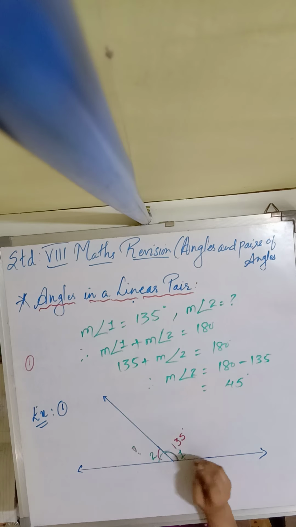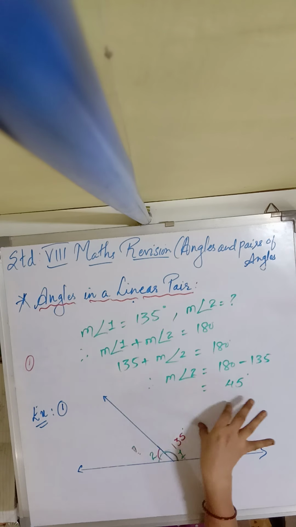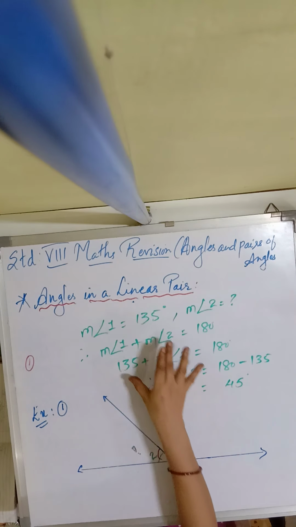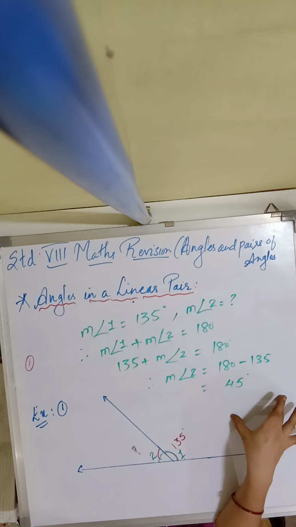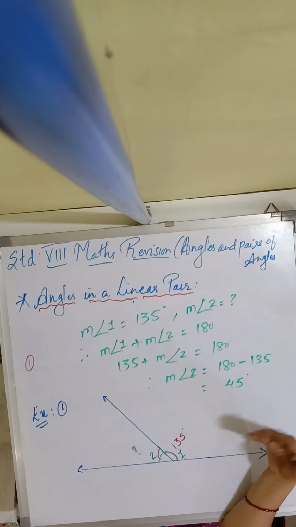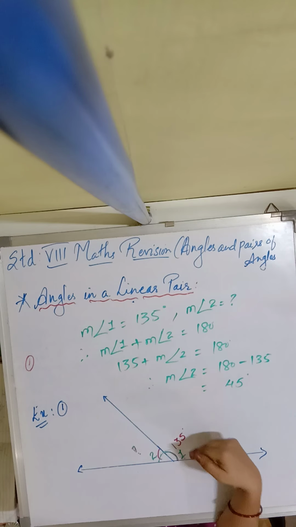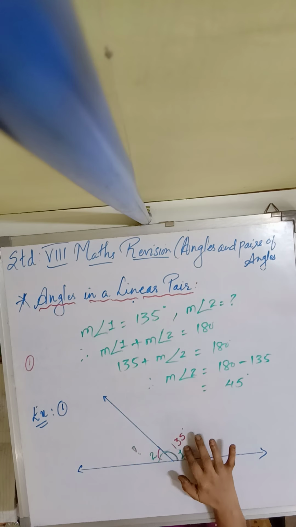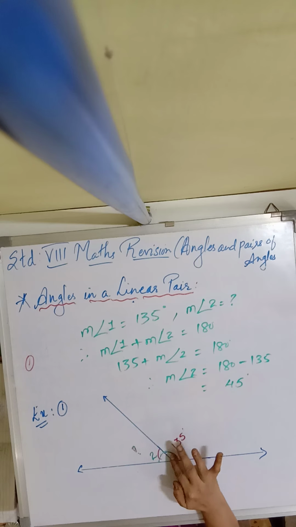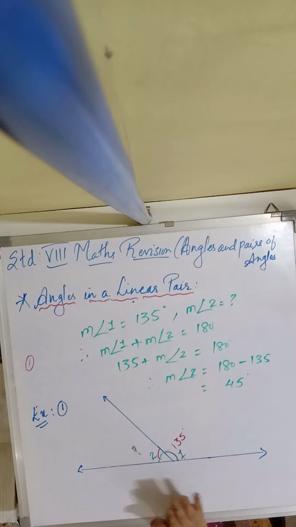These are the steps of writing, how we write in geometry. Now somewhere the question comes for 1 mark. There you can do it orally also. Suppose this is 135. We know that the sum of angles in a linear pair is 180. So 180 minus 135 and that will be 45. Clear children? So this way you can find the angles in a linear pair.